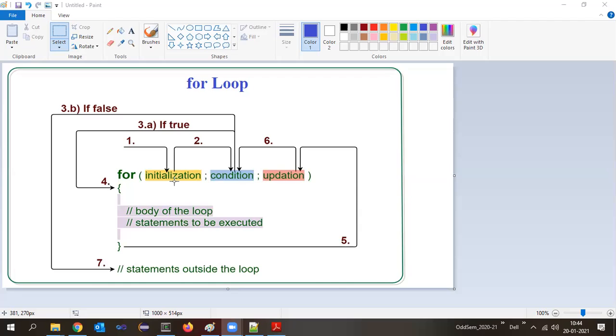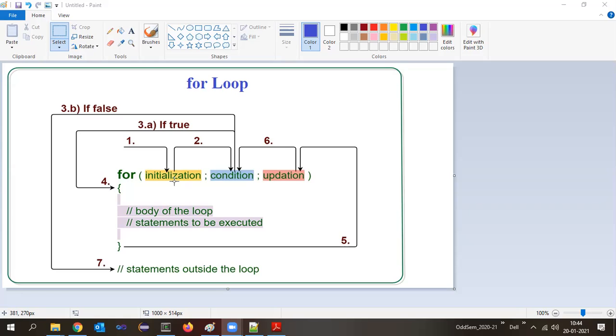Then, what is there in the second condition? Now, what does this condition mean? In while and do while, after writing the while word, we used to write the condition, right? The same, similar type of condition has to be written at the second statement. Like if you want to print the numbers from 1 to 10, then I will become 1 in the initial part, I equal to 1, as the initialization.